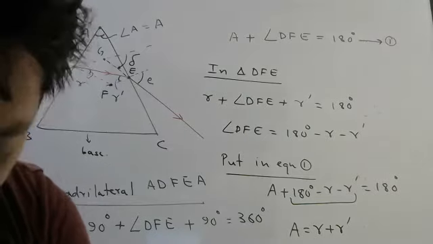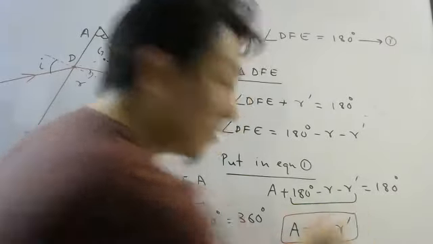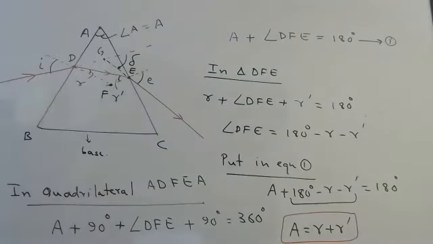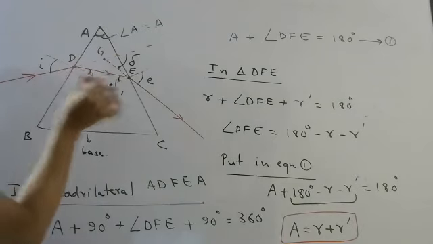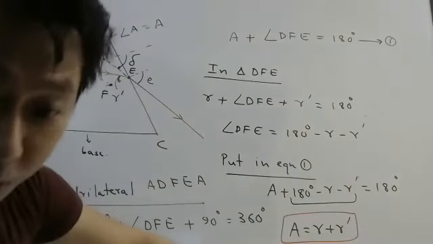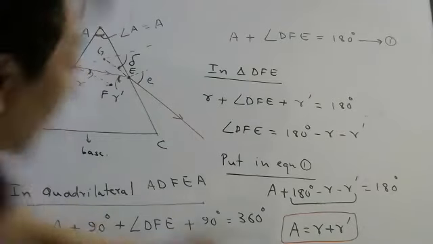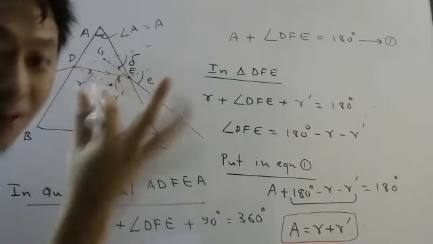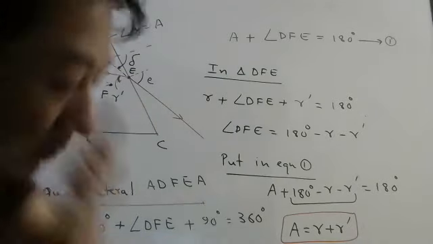The dog is barking for some reason, I don't know. Okay, now this formula is very important for your CET also, try to remember that. So this angle A is this angle R plus this angle R dash. It's a simple formula, but to reach here it takes time. Direct geometry cannot help you. You cannot see this diagram and say, oh, correct, angle A is R plus R dash. You have to do some derivations.